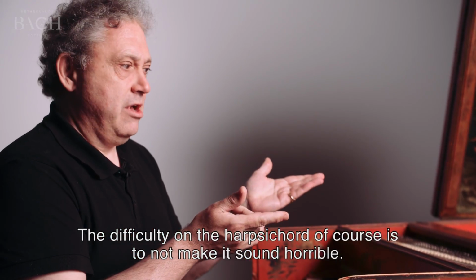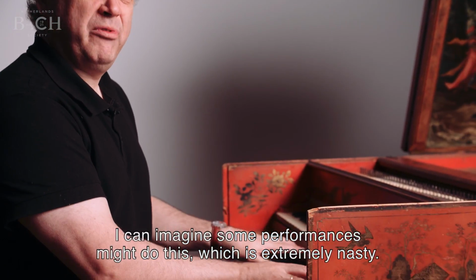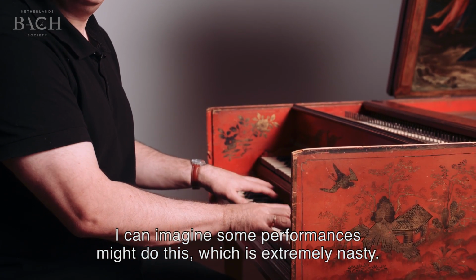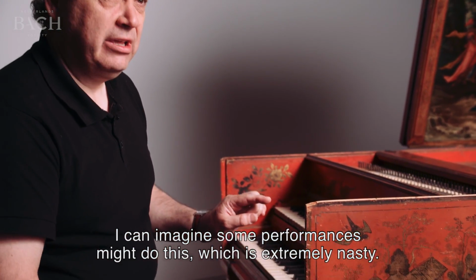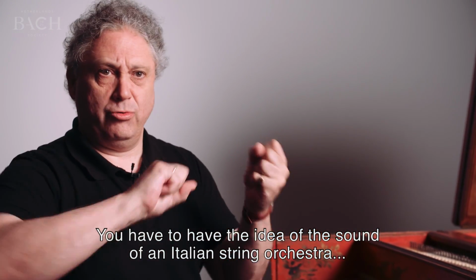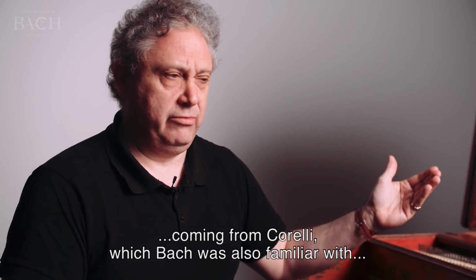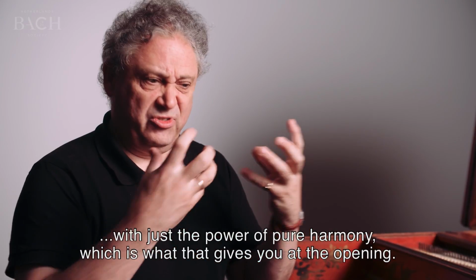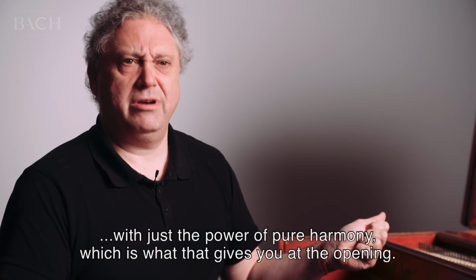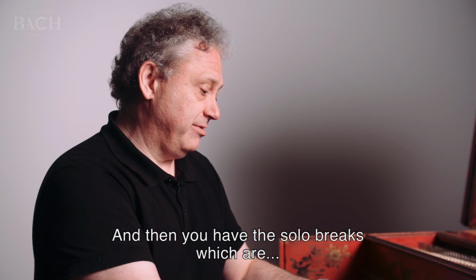And the difficulty on the harpsichord, of course, is to not make it sound horrible, because, you know, I can imagine some performances might do, which is extremely nasty. You have to have the idea of the sound of the orchestra, the string orchestra, an Italian string orchestra coming from Corelli, which of course Bach was also familiar with, just the power of pure harmony, which is what that gives you at the opening. And then you have the solo breaks, which are